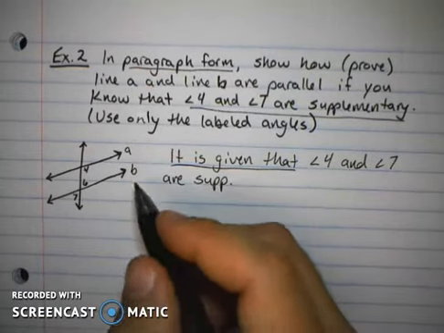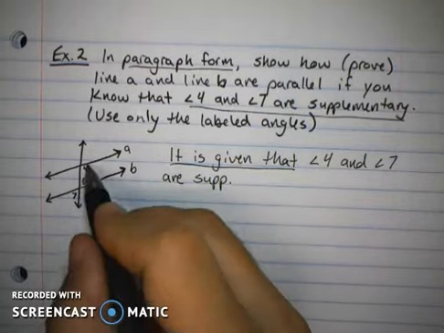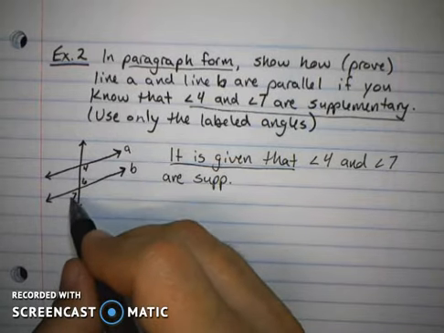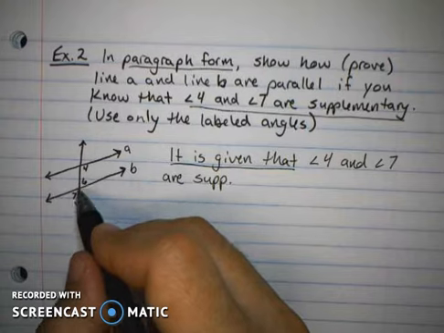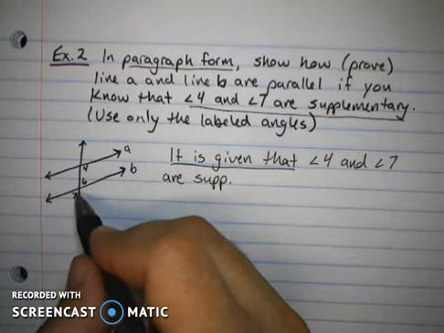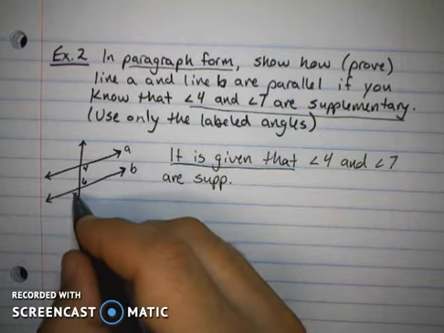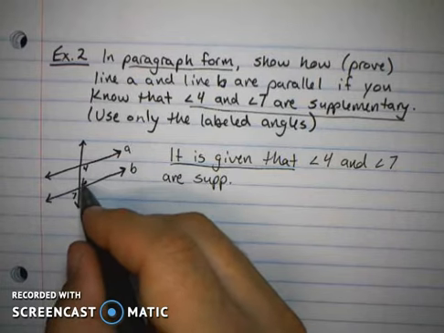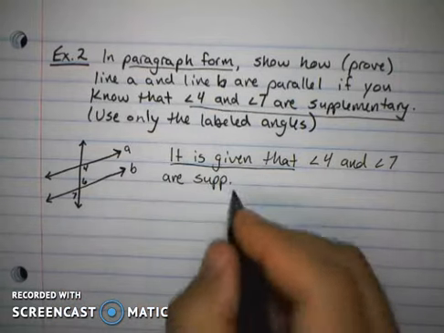Well, let's think about this. If 4 and 7 are supplementary, you remember that means their measures add up to 180. We're using angle 6 also because it's marked for us. Well, 7 and 6 are congruent, which means they have equal measures. So you'll remember doing a proof kind of like this the other day, where if these two are equal, I can substitute 6 in for 7, or 7 in for 6. So I'm going to start by saying,